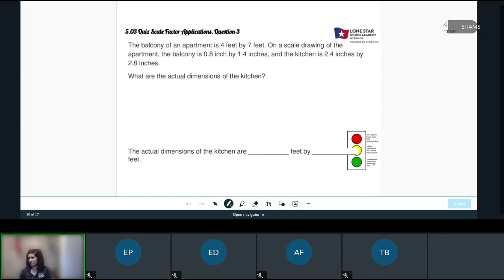So let's get started. The balcony of an apartment is 4 feet by 7 feet. Here's a little piece of information for us. The balcony of an apartment is 4 feet by 7 feet. On a scale drawing,